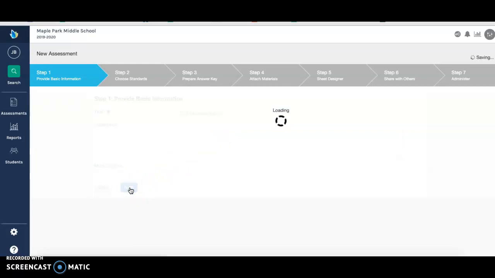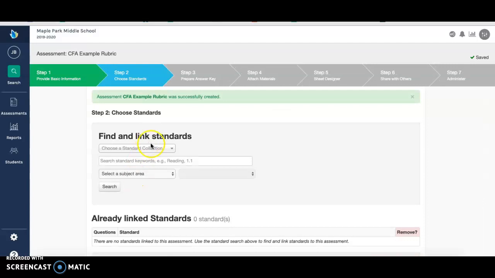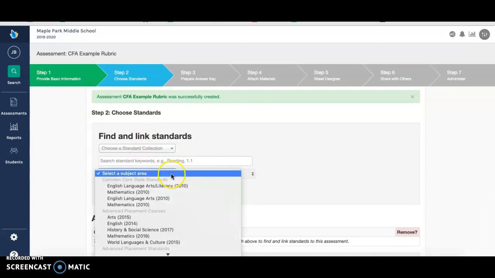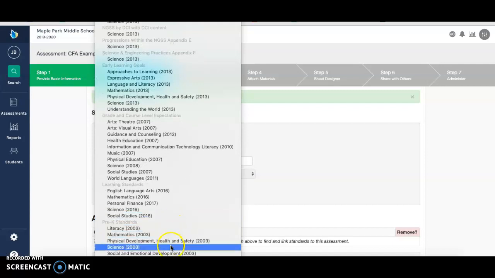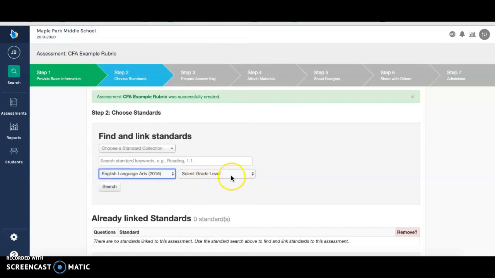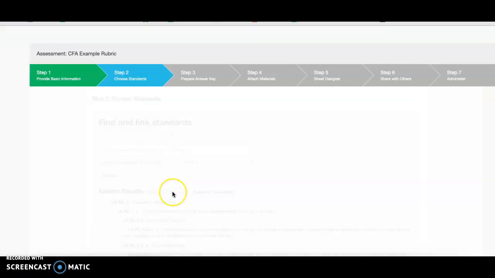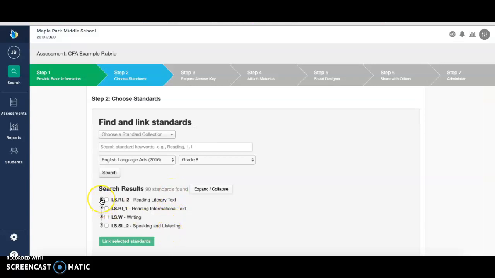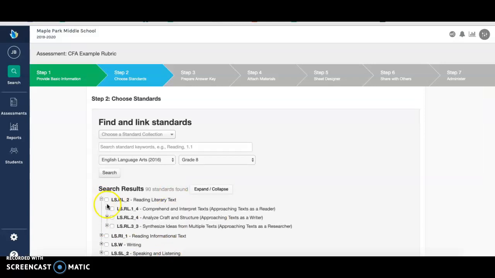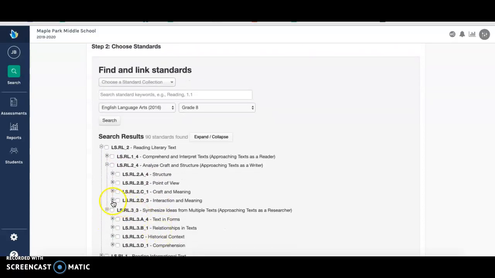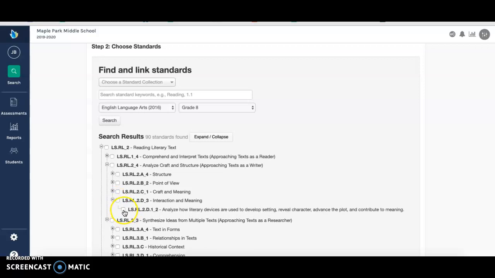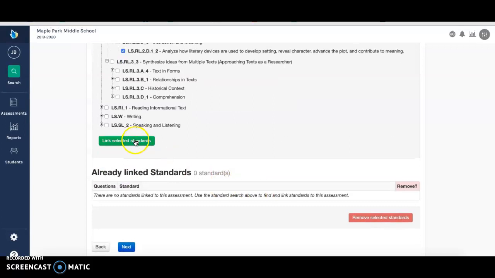Click next. Then you want to find and link the standards that you want. So we're doing ELA and ours is grade 8. Tap search. And I know that ours is the standard is literary text, and oops, wrong one. We're analyzing craft and structure, and we're looking at how literary devices are used. So select the standard that you want, link the standards,